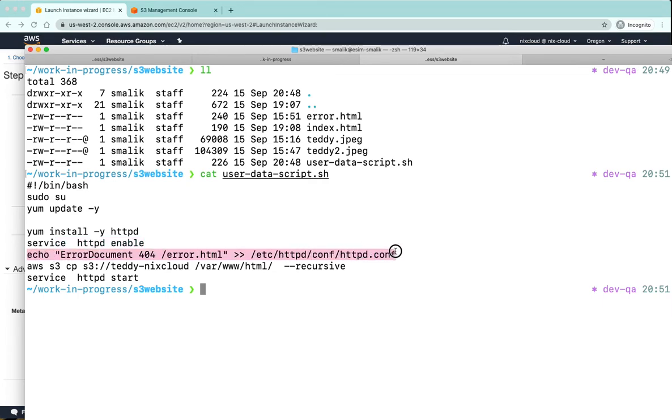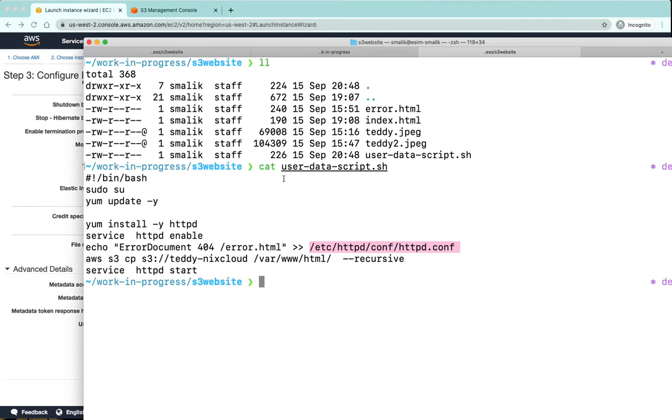This is one of the configs. It's optional, but I prefer to insert it in my config file so that I can make use of the 404 error, for which I already have a file. It's a simple file that just brings up one of the images and says oops, the file is just not there.